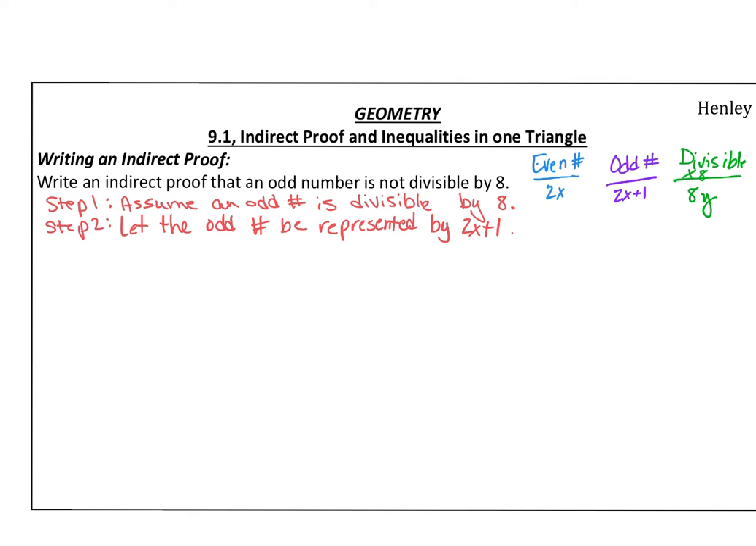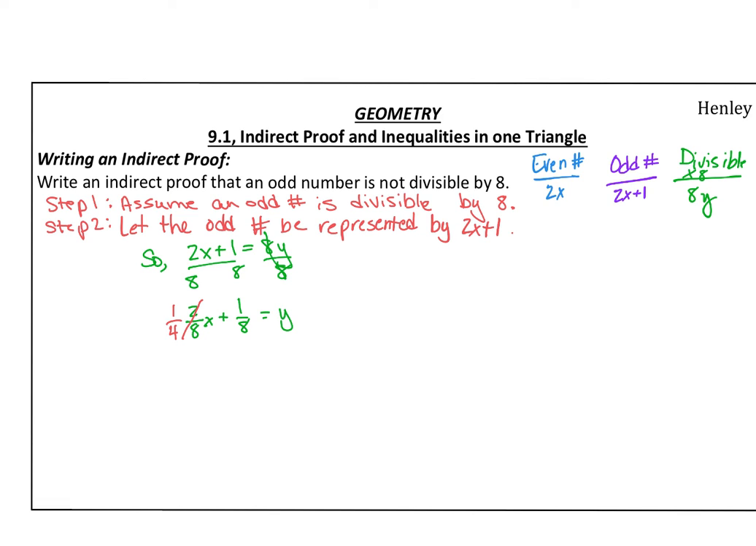So let's look at how this plays out. Since we are trying to determine that an odd number is divisible by 8, we're going to set 2x plus 1 equal to 8y. So let's move on. We need to divide all of our terms by 8. So we have 2/8x plus 1/8 equals y. However, we can simplify 2/8 to 1/4. So we have 1/4 x plus